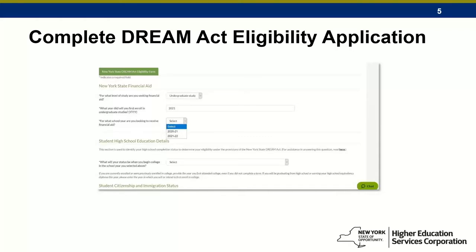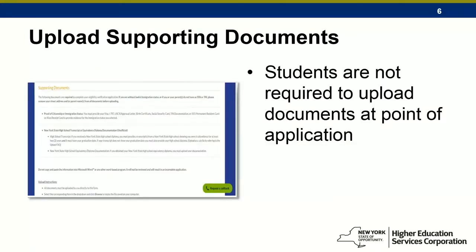If it's a student that's applying for 21-22, they'll have the option in the drop down to select that they're going to college next year, and they'll answer the rest of the questions. Now, depending on what citizenship immigration status they report, they may be required to upload documentation that supports their status. They're not required to upload at the point of application. They can still submit their application if they don't have their documents at the moment that they're applying, and then